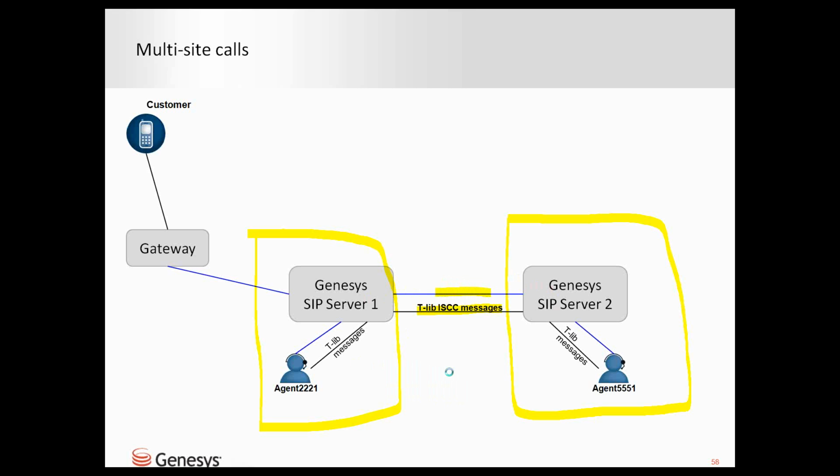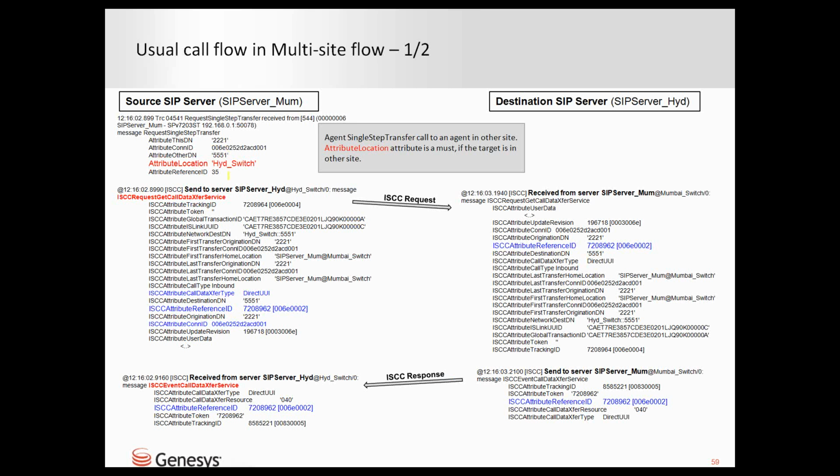Let's dig deeper into it. Suppose on the source SIP Server, I have two SIP Servers in the multi-site environment, I mean, two sites are there. The agent and customer call is connected to site 1, that is the SIP Server Mumbai, and that is acting as the source SIP Server. And the agent who is on site 1 single step transferred the call to the destination, which is the Hyderabad SIP Server. So in this case, any TLIB request, 3PCC request that is transferring a call to another